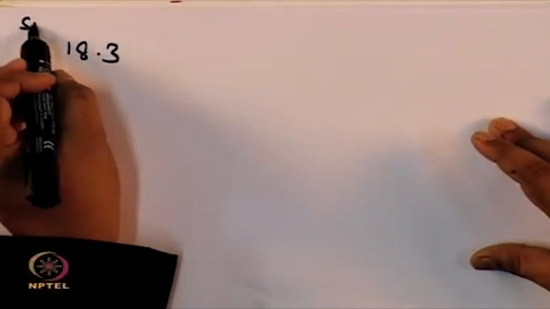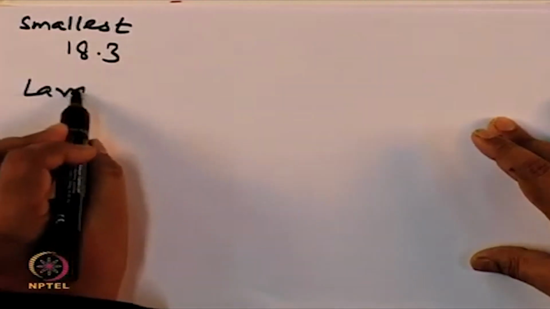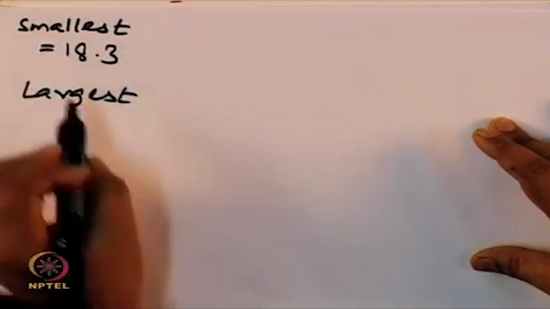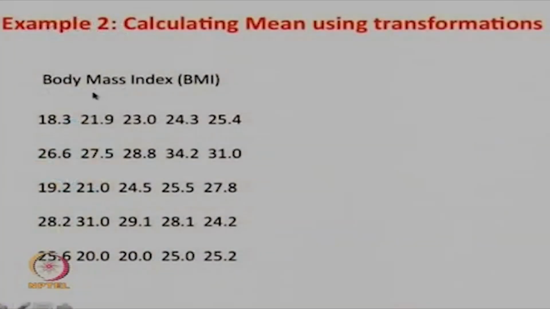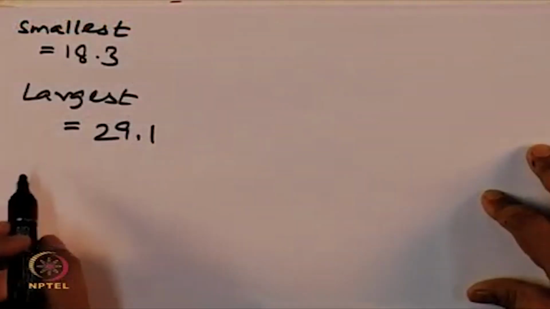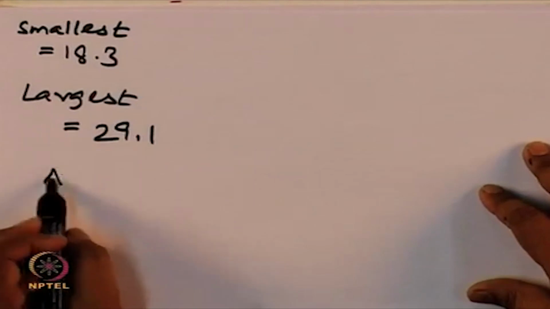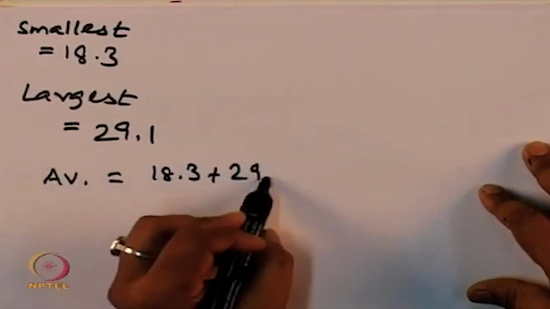The largest number is 29.1. Okay. So, as per this, my average is going to be 18.3 plus 29.1 by